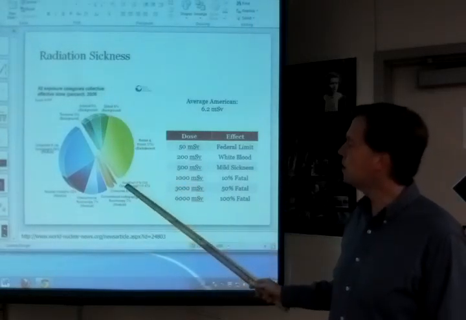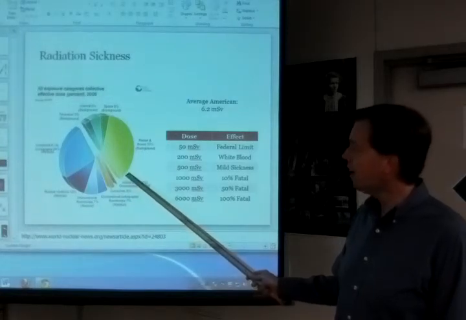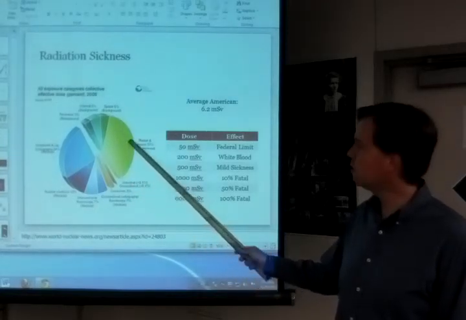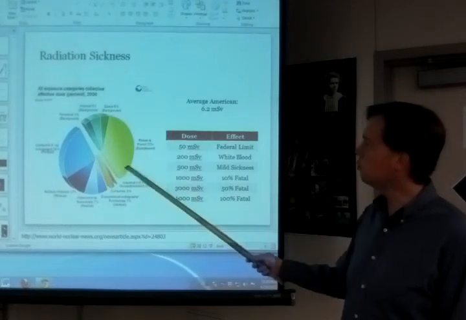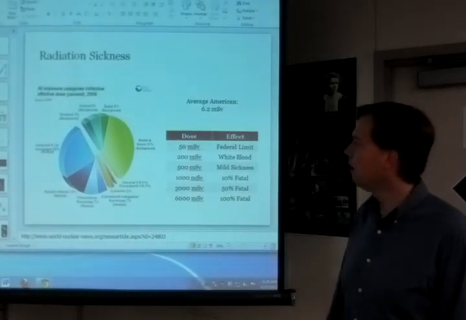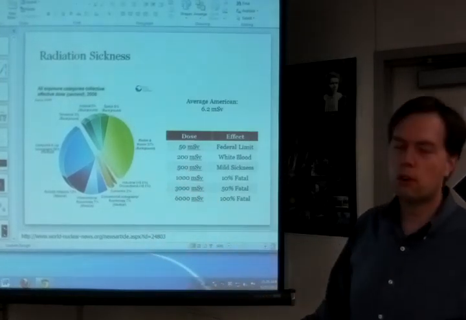The other half is natural sources. And the interesting thing about the natural sources is the bulk of this is from radon. Radon accounts for about 60%